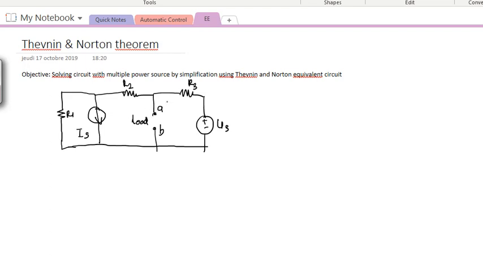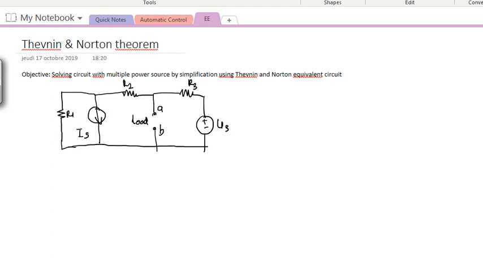For example, imagine you have a power supply. Basically, in your power supply, you don't know what you have in it. Of course, if it is a battery, it's just a battery, but usually a more complex power supply is a circuitry, where you have a certain type of power supply, and then an arrangement of resistances and components. At the end, you only have two terminals that come out of your power supply, but inside it, you don't know what you have. So you might have an arrangement of something like this. This is just an example.